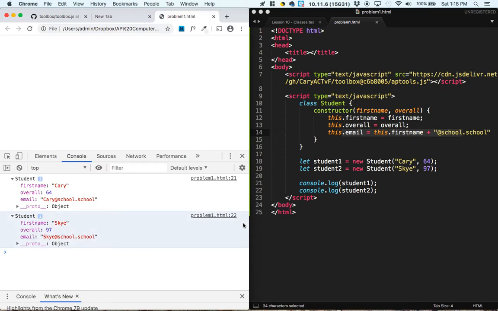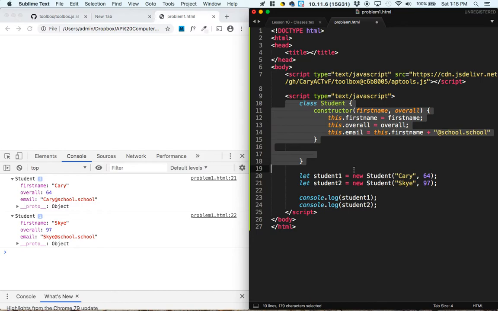Great. All right, so now let's think about an email that we might want to send to these students to give them an update of how they're doing in the class. So instead of displaying those emails here, let's display those emails in the browser right here. So the power of having this class is